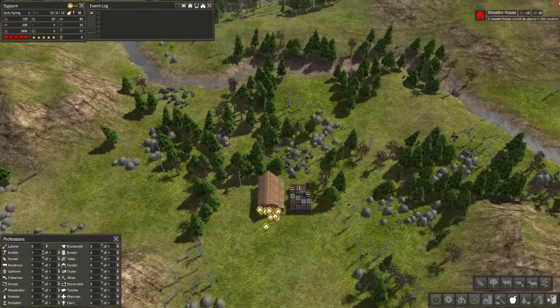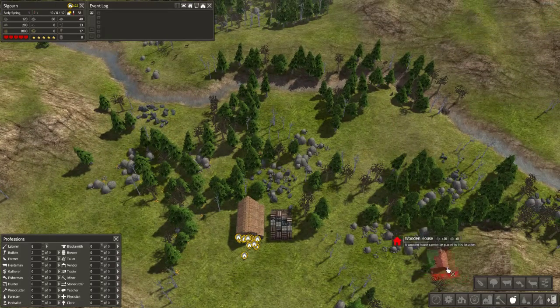And we are playing on medium difficulty. I was considering playing on easy, but they provide you with an orchard, and I just don't like how they place things in this game. They just don't place them too well. So I'm gonna put a farm, I'd say, right here, so they can get to the